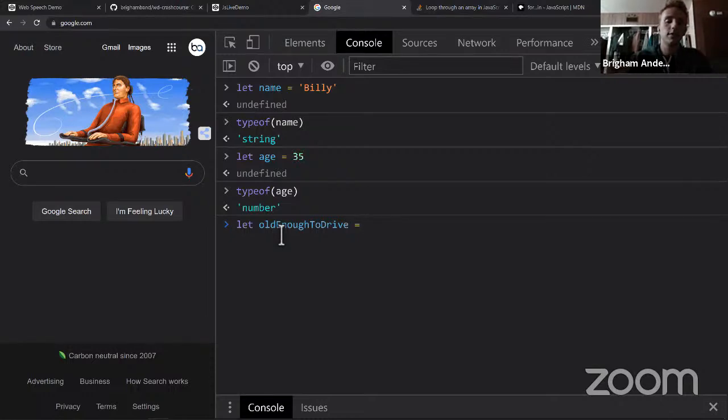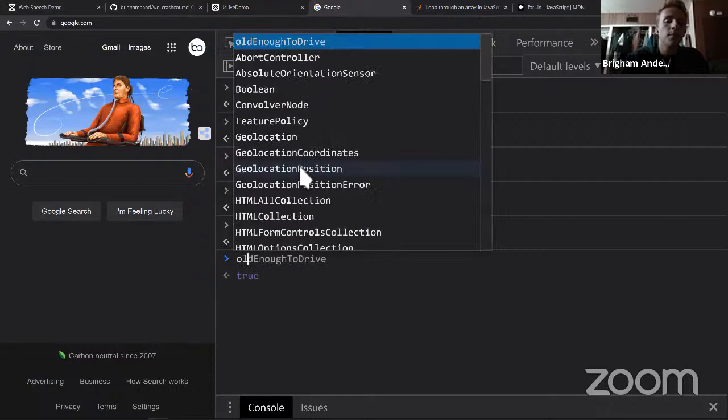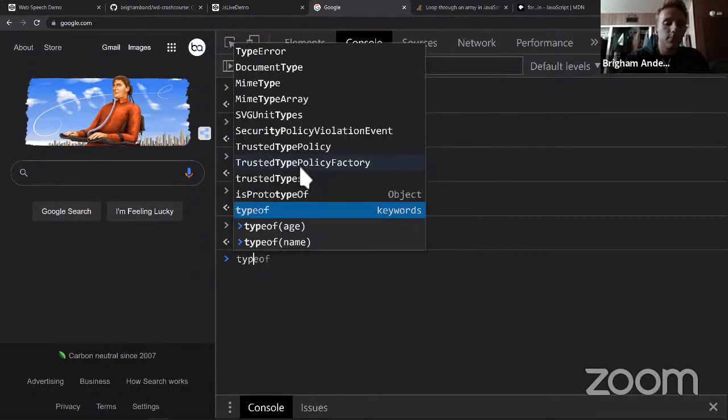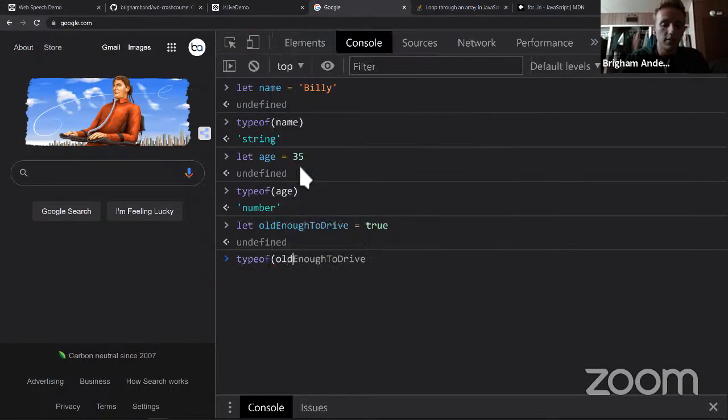And so we'll say that here Billy is 35, for instance, which is greater than 16, so we'll give him a true. And do we remember what this variable is called? Let's see. Type of old enough to drive,